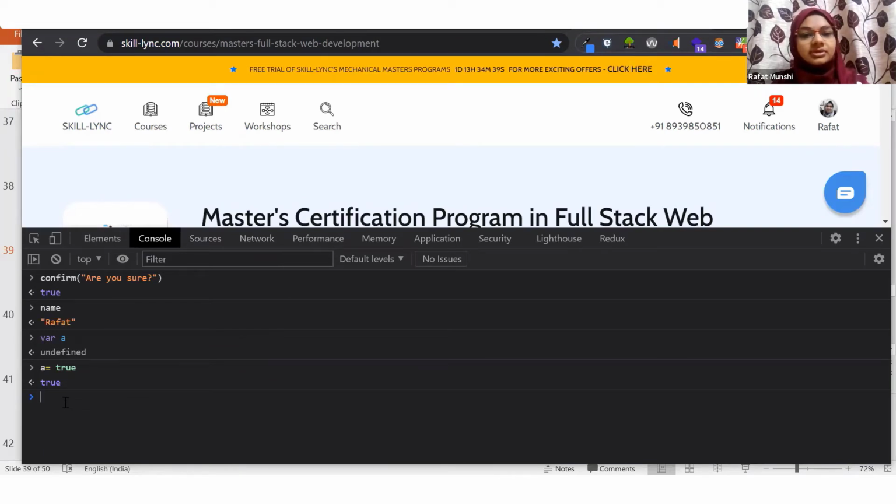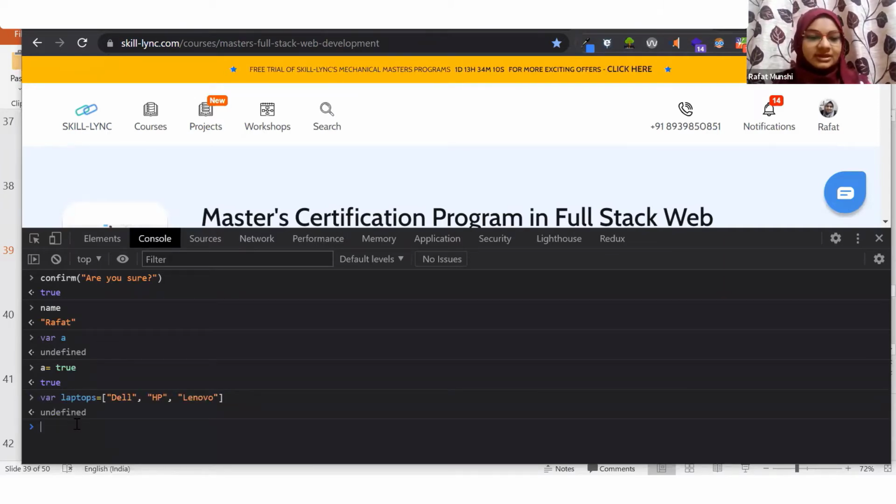Okay. So now I can also create something known as arrays in JavaScript. Okay. So let's say I would write var b equal to, and I don't want to put one thing. I want to put multiple things in this. So for example, if I want to put var laptops equal to, and then I can put many things. I can put Dell, I can put HP, I can put Lenovo, and so on and so forth.